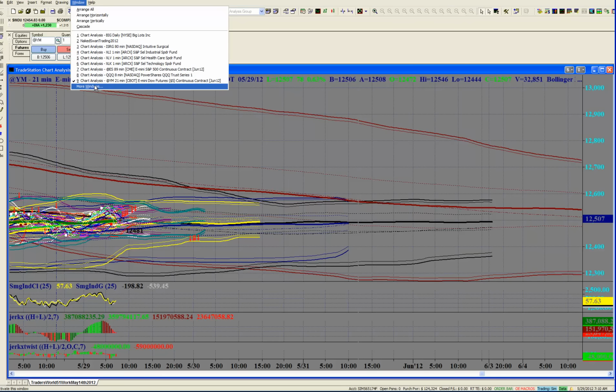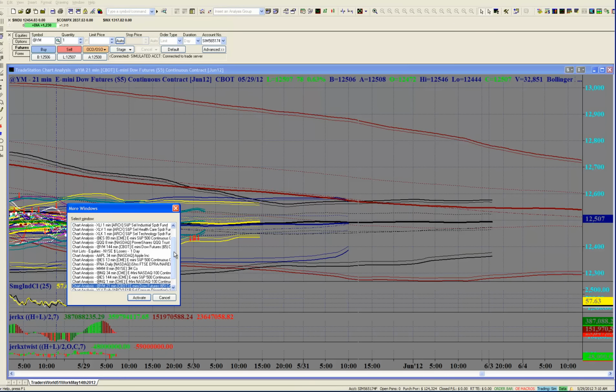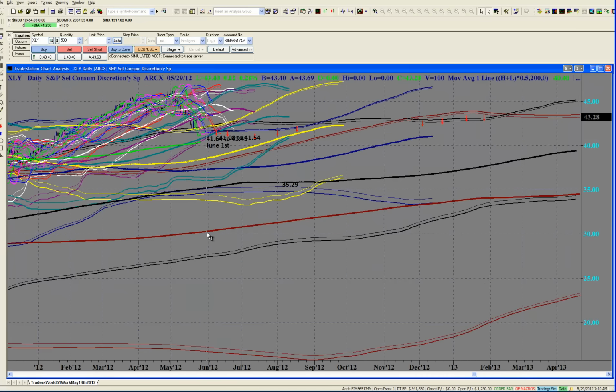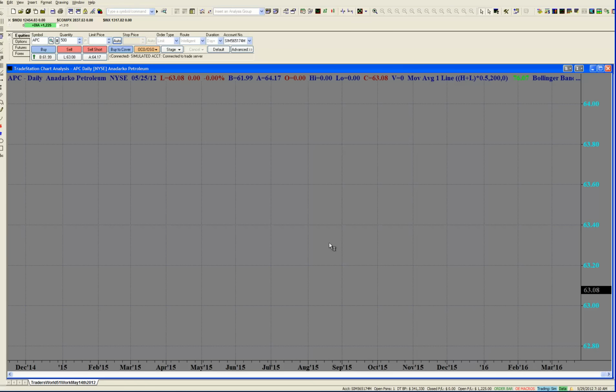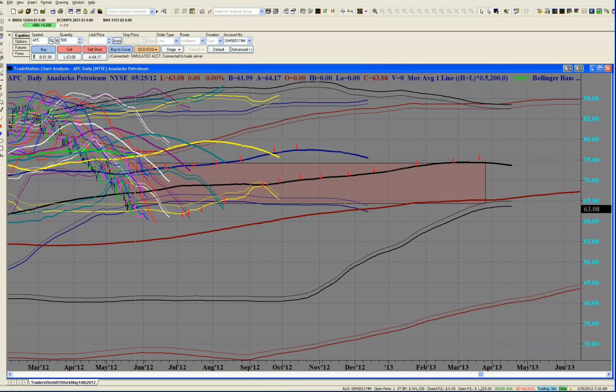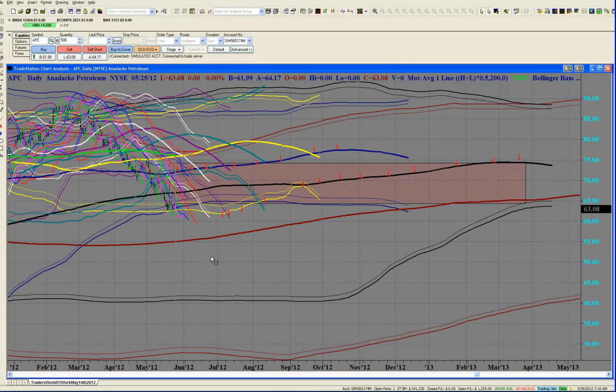Now what I'm going to do is take you to another chart over here, which is a very, very weak index, and that happens to be, well, actually, I'm not going to take you to an index. I'm actually going to take you to an equity, which is Anadarko Petroleum, a big name in the oil patch or in the oil space, and you can see it's had a very, very significant sell-off from the high, but it's also sitting on